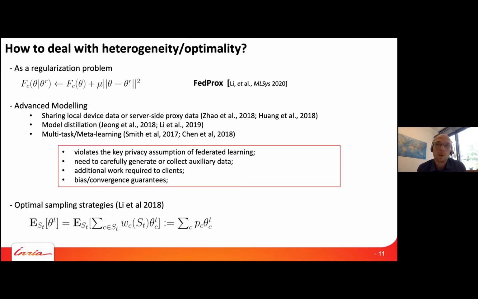The problem, so some of these approaches, they violate even the key assumption that they assume that there is some data that can leak from the client to the server to do some sort of tuning of the parameters, or we move the problem from one side to the other, because then we need to be ensured that what we are synthesizing or sharing or distillating makes sense, and this is actually not guaranteed. And again, most of the time these things are so complicated that it's impossible even to imagine how we can prove that this is unbiased, makes sense, or converges.